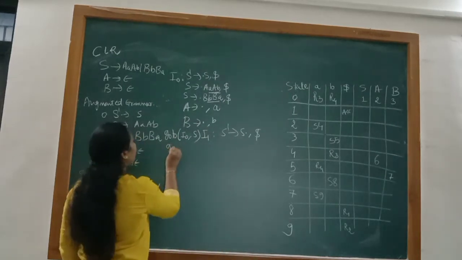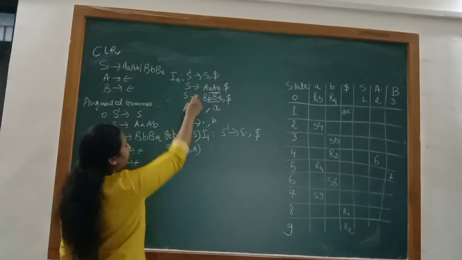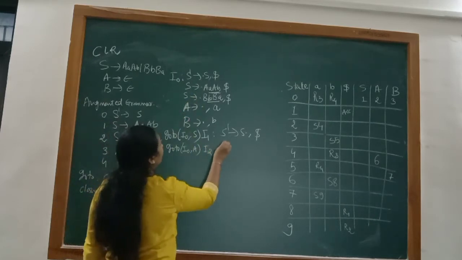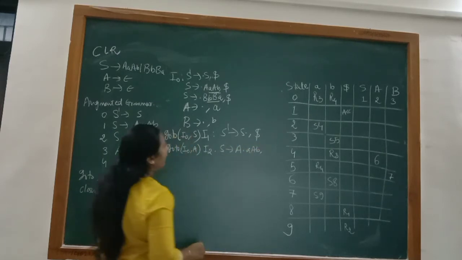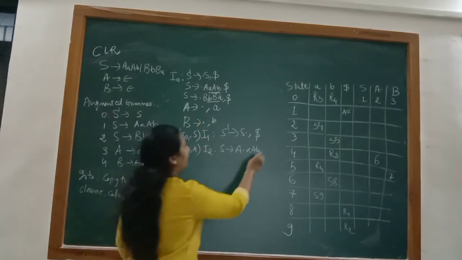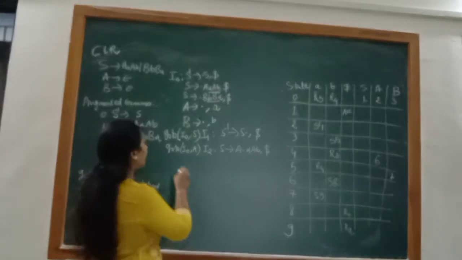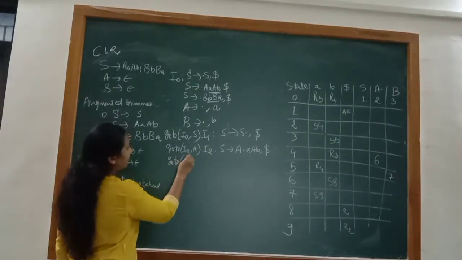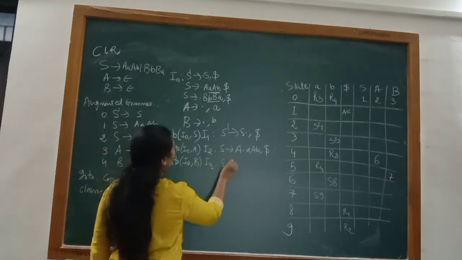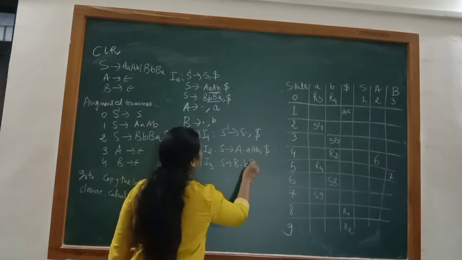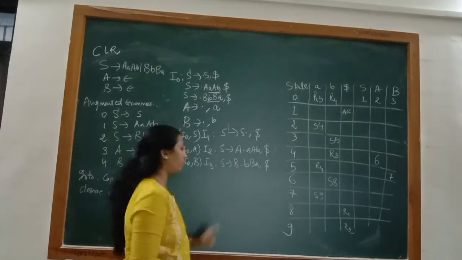Okay, now go to I0. What is the next symbol possibly there in I0? A. So that is my state I2. The production is S2 A dot A B. Okay, again this is go to, so copy the element dollar. Now this is small a, we don't need to apply a closure over here. Okay, now go to, the method is same as SLR. Go to B, I3: S2 B dot small b B A and dollar. Again small b is a terminal symbol, we don't need to apply a closure.